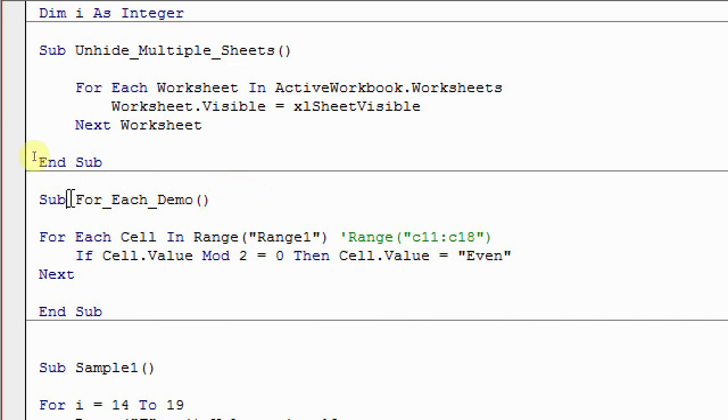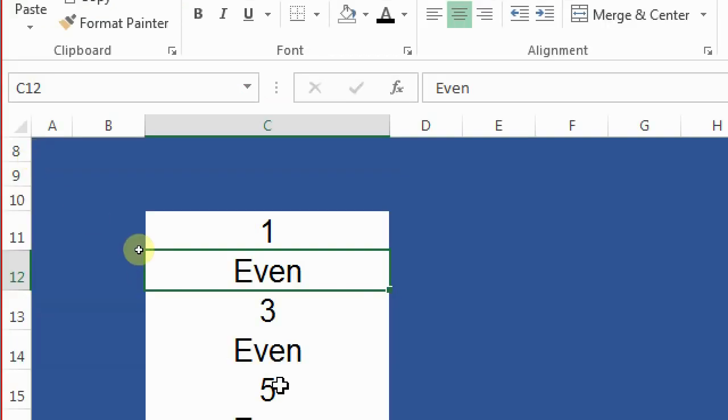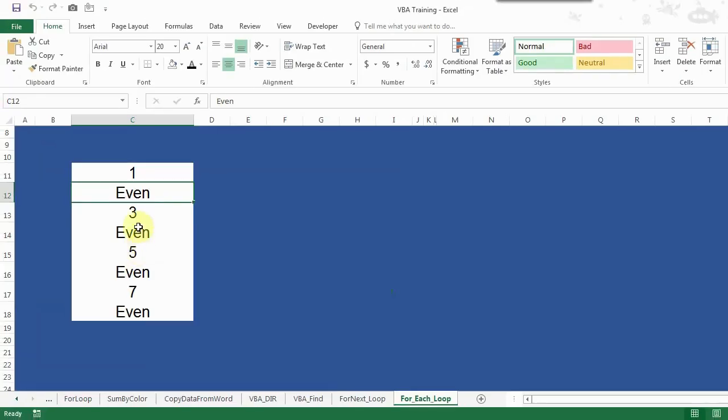So I'll just run this code again by pressing F5. And as you can see on my screen now, you can see 1, even, 3, even, 5, even, 7, even, right? So this code is working. Similarly,